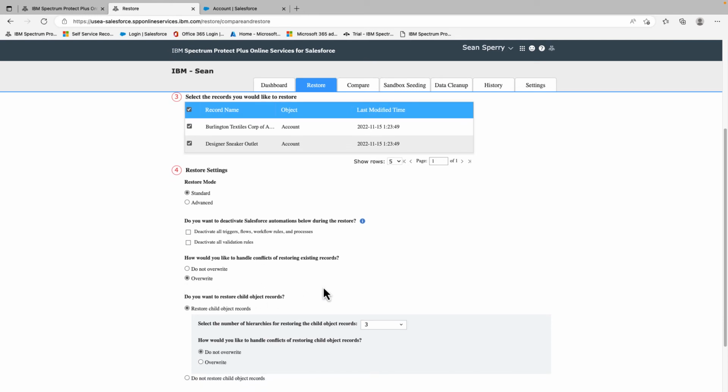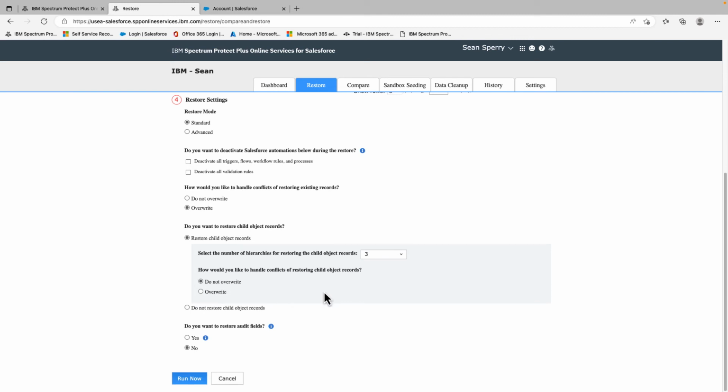And I'm going to overwrite those two records in the restore. I'll restore the child objects if they don't exist, but given the change I made, I'm not expecting there to be any child objects that I need to restore, and I'm not going to restore the audit fields. I'll go ahead and run the restore now,